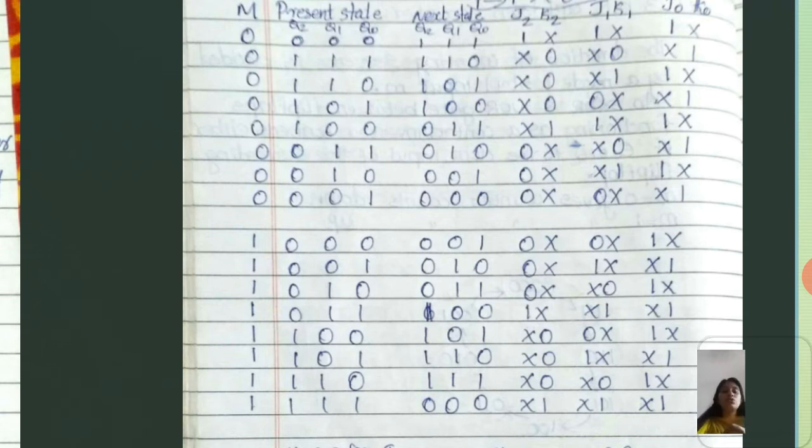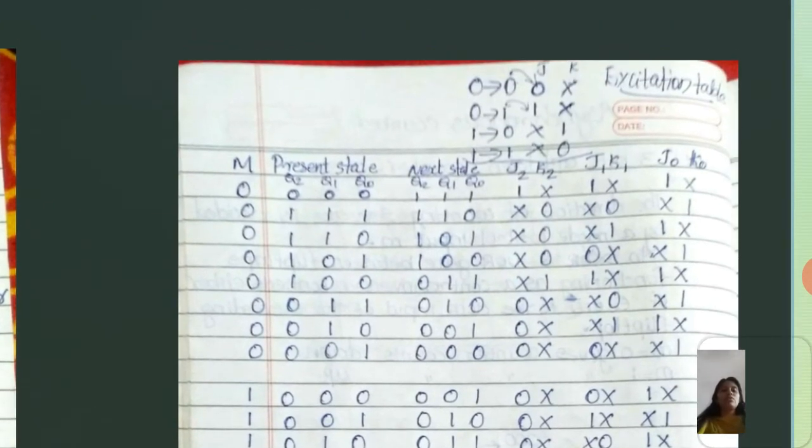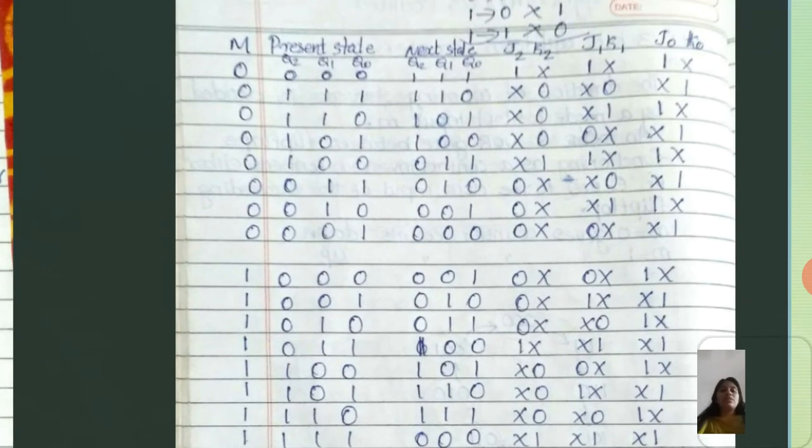Consider the q2 value of the present state and compare that with the next state. Q2 of the present state is compared with the q2 of next state. That is, q2 value of the present state is 0, which is transferred as 1 in the next state. Here the 0 to 1 transition is happening. So what will be the j and k values? If you are doing the 0 to 1 transition, you can see the j value will be 1 and k value will be don't care. This is what we plotted on j2 and k2.